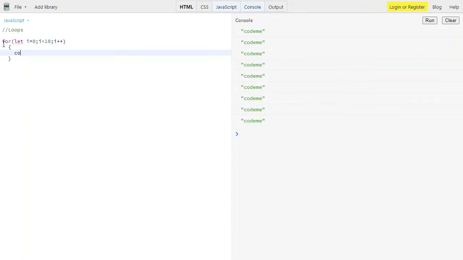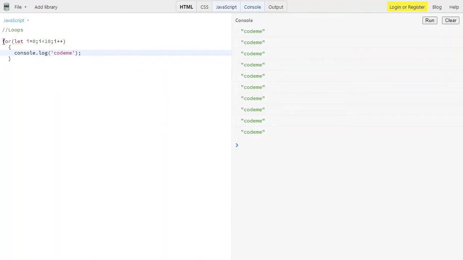Then we have console.log, printing code me over here. Let me run this. Let me clear the console, and see, it printed 10 times just with the help of a loop. So that's how a loop can be very useful in code.